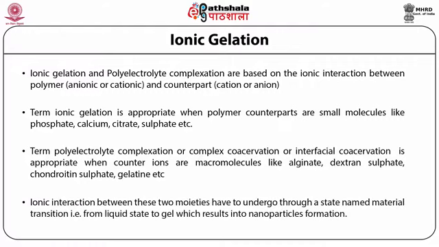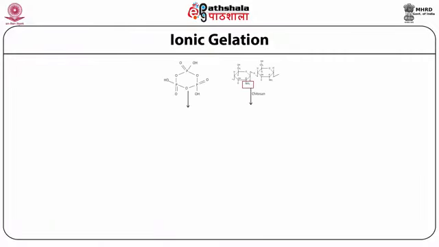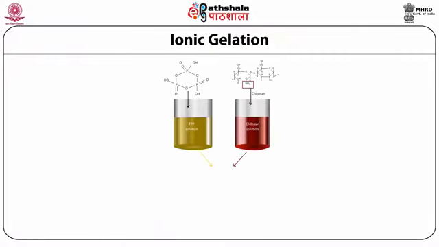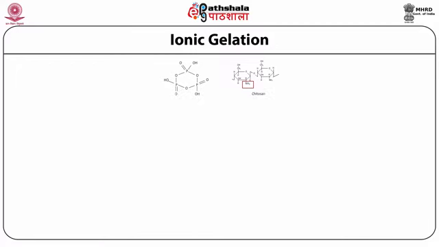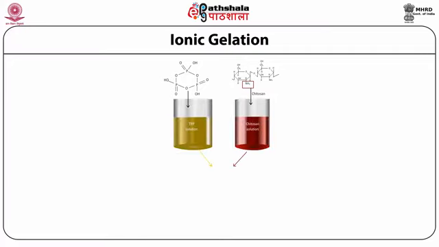In this technique, the solution of polymer and counter ions are prepared separately. Drug can be added into any of the solutions under controlled magnetic stirring. Usually, polymer solution is added into the counter ion solution. However, it can be reversed also. The schematic representation of the ionic gelation method is shown in this diagram. The diagram is showing the formulation of chitosan nanoparticles by an anion inducing agent.